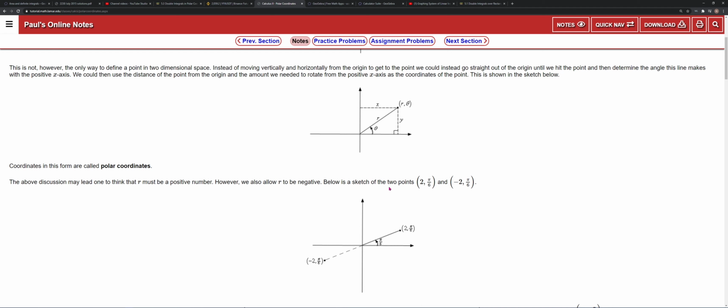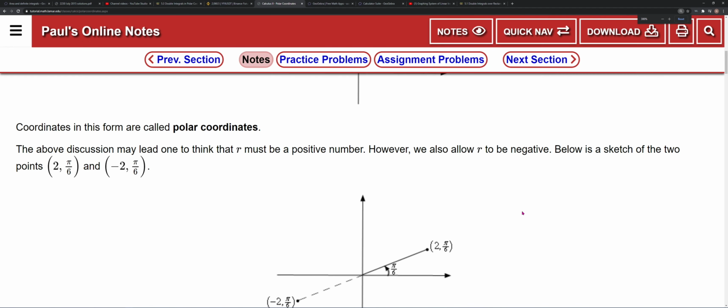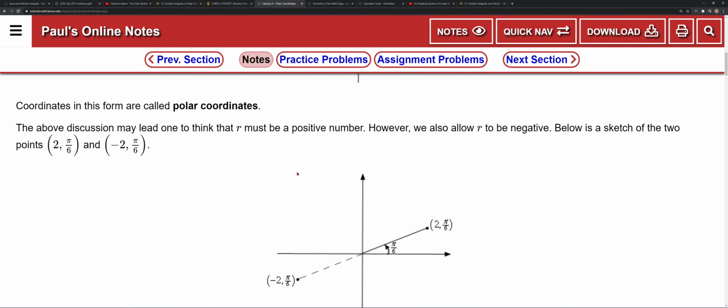Okay, so let's see an example of this. Let's look at this point over here, which is in polar coordinates. This point is (2, pi/6). The r over here is 2 and the angle is pi on 6. So if you want to locate your point (2, pi/6) in the xy plane,